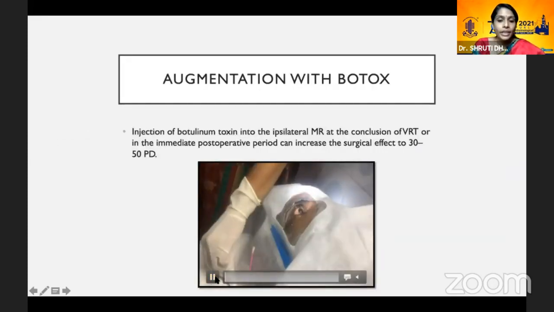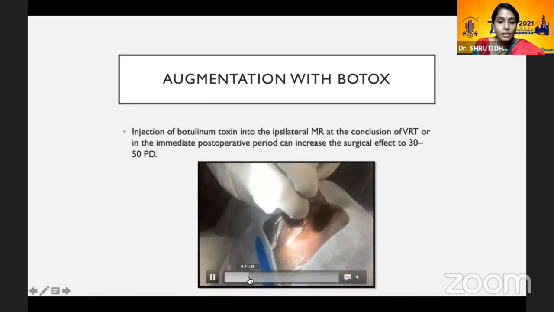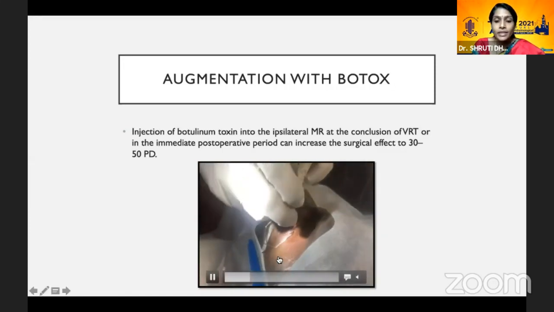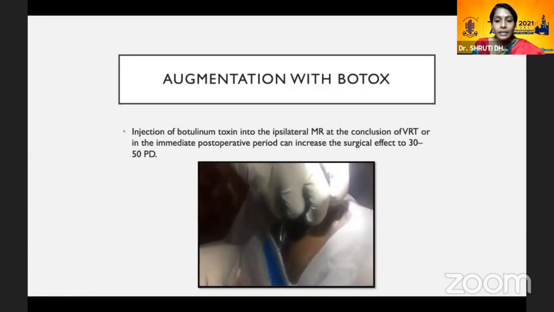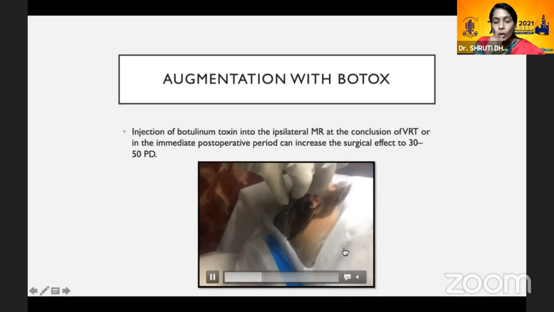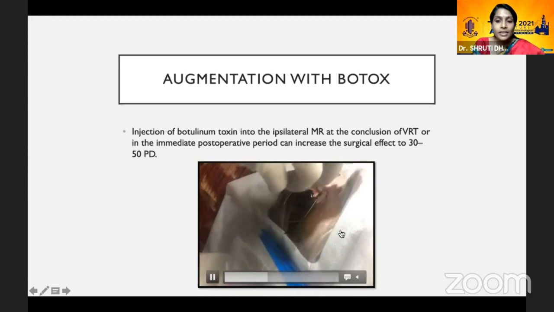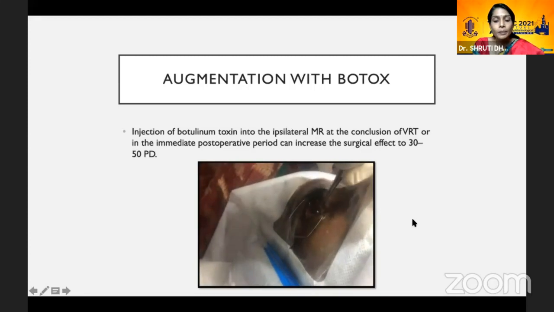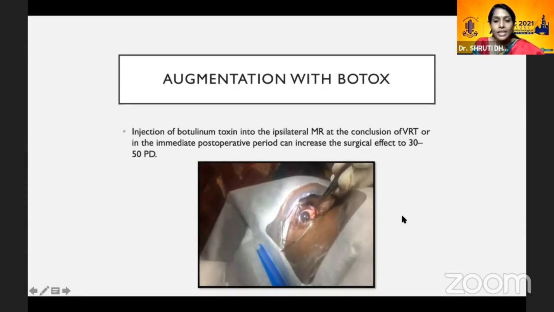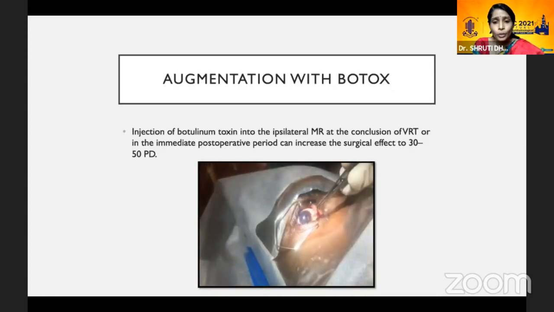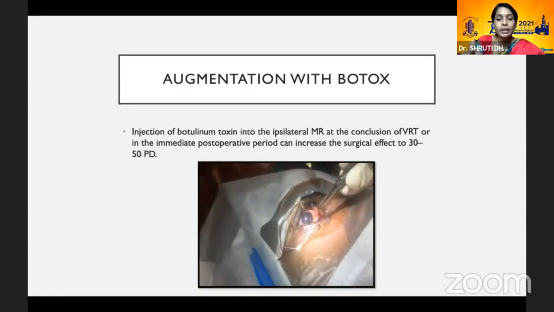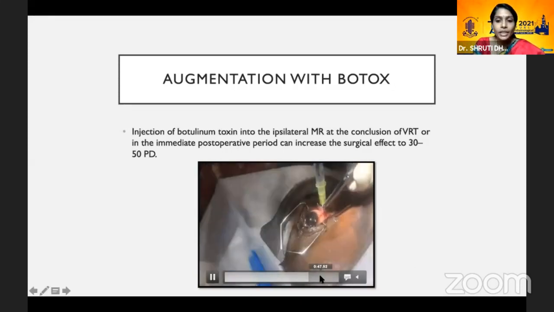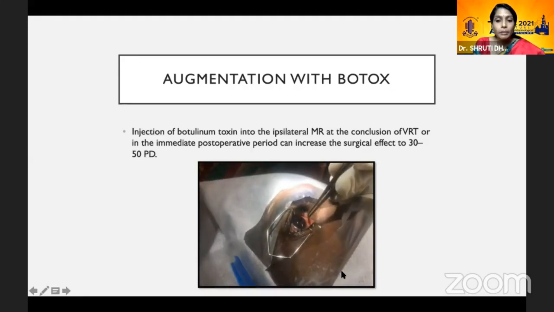The newer thought is to augment it with Botox. This is not intraoperative, it's just a procedure showing how the Botox is done. Augmentation with Botox helps in better postoperative effect, and it also helps in immediate post-op good outcomes. So here we see Dr. Sandra's procedure, where we use a superior rectus bridle forceps, and then we hold the medial rectus muscle, and then we take about 2.5 units of Botox, and then we go parallel to the medial orbital wall, and then we inject it straight down. So that's how the Botox works. And with this augmentation, sometimes the outcomes are much better.